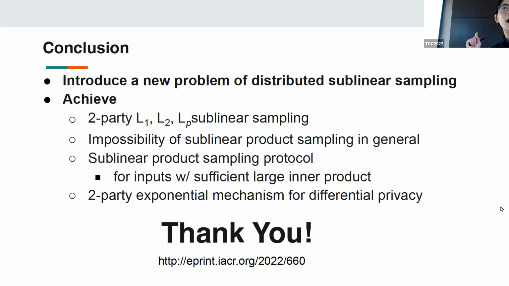Remember, our distribution is defined by the function of those two vectors. So think about this simpler case. I just randomly wipe away some of those inputs. That gives us a roughly close enough distribution. So if that meets your definition of close enough, that should work. But whether that can achieve sublinear, it still depends on a case by case basis.